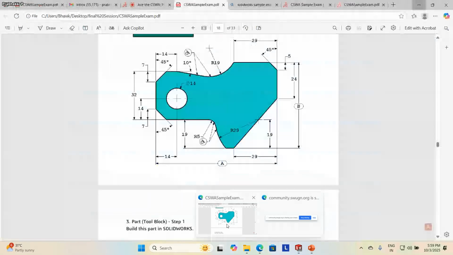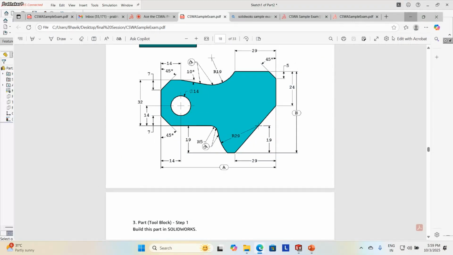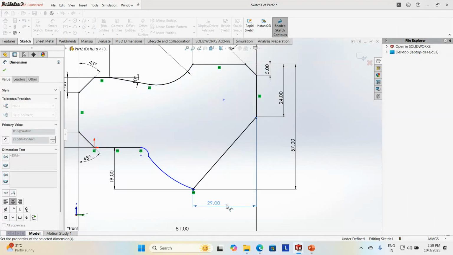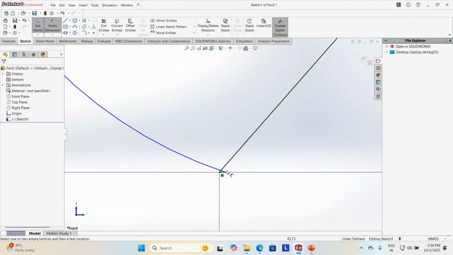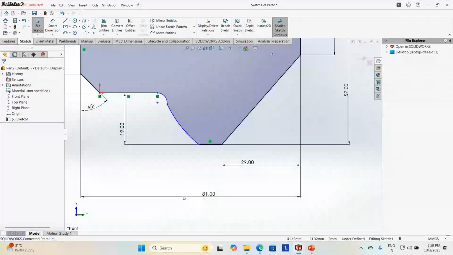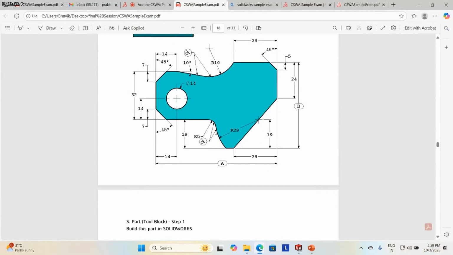The pending one is this area. From this edge, the starting point is 29. Since it is not constrained, I can easily drag and position it. Finally, this should be tangent, radius 5.